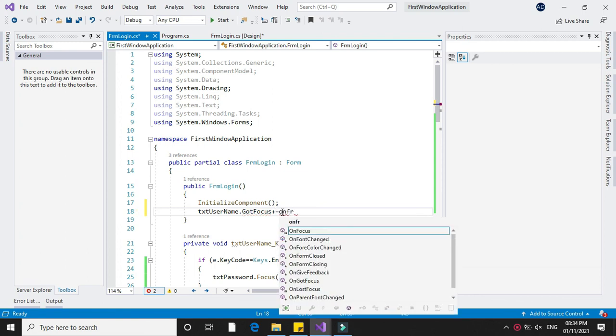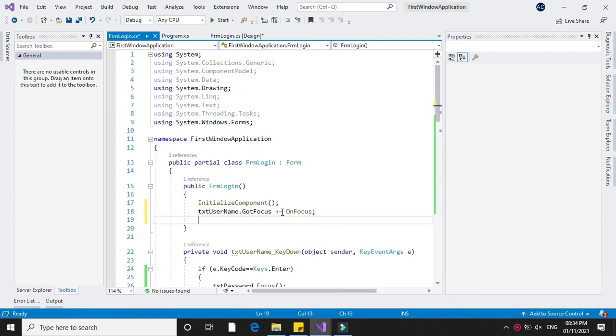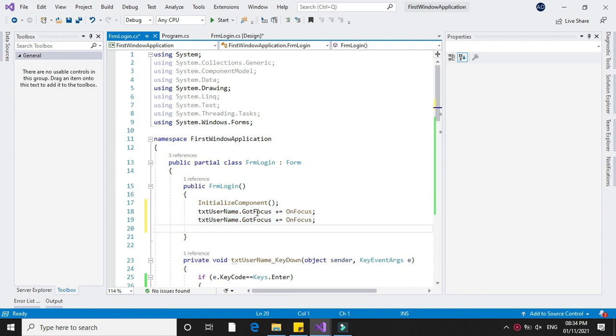That is, you want to execute the on focus method on its got focus event. Similarly, for txt password, got focus plus equal to on focus.